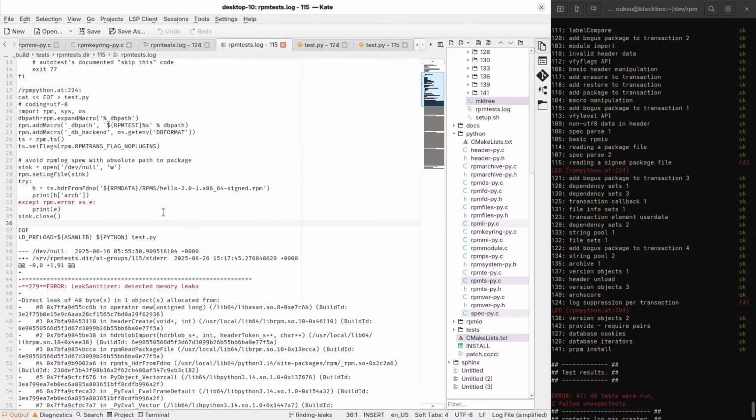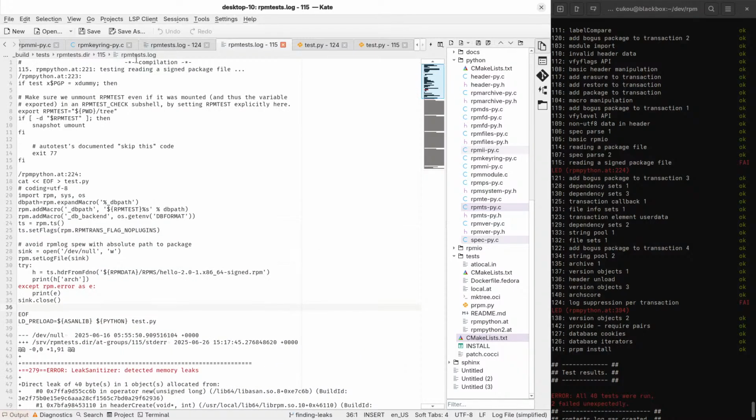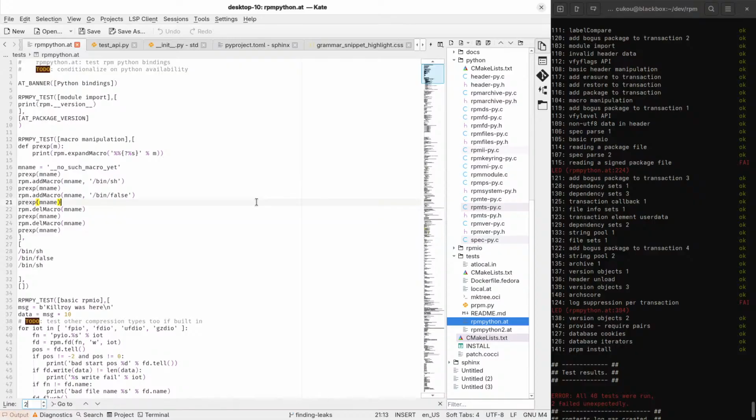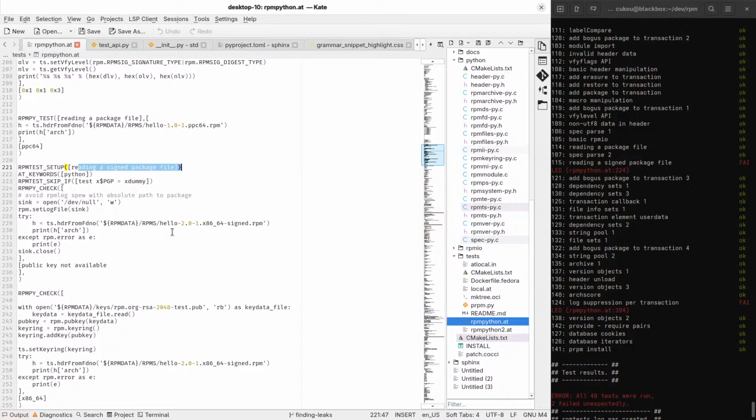So where is this test at? Tests RPM Python at? Yep. Line 221. Reading assigned package file.